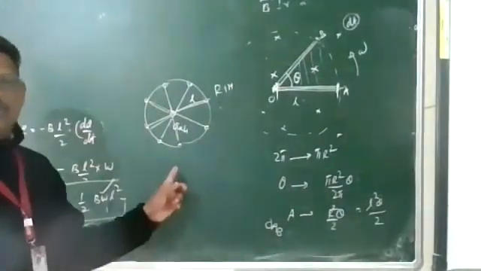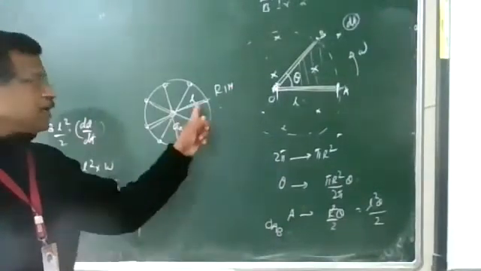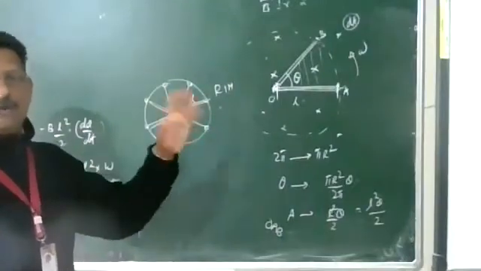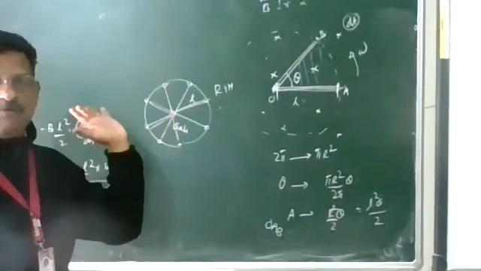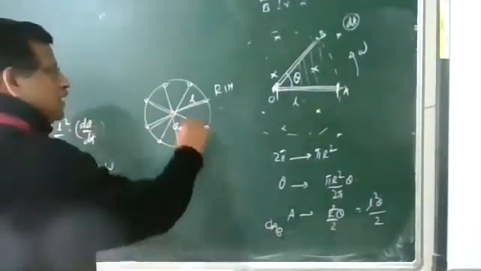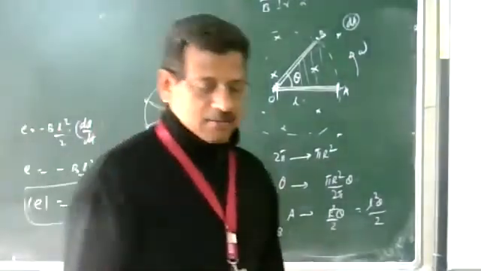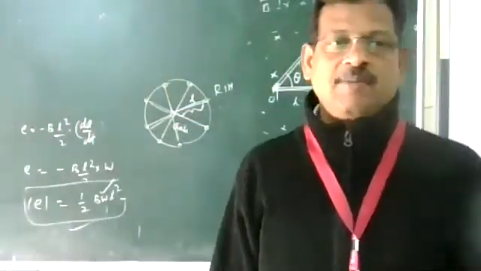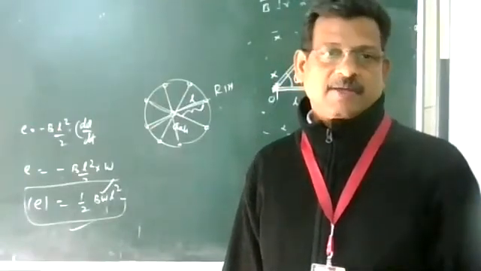Half B omega L square. कितना भी number of spokes है, कितना भी metallic rods है, the cycle wheel is rotating, all are rotating with constant angular velocity. All are connected in parallel, so the same value of the EMF. You have to calculate with the length, whether you want 10 or 15 spokes. There is no need to multiply them because all are connected in parallel.